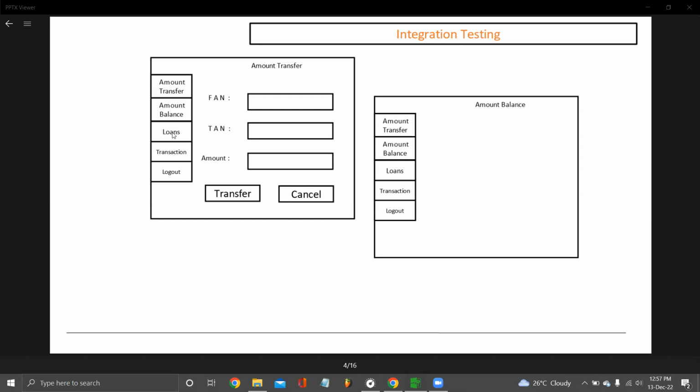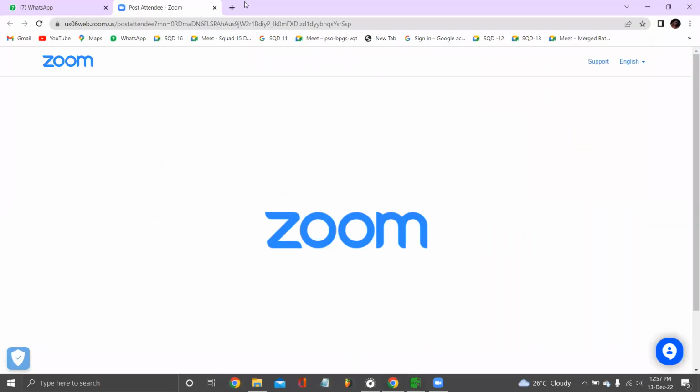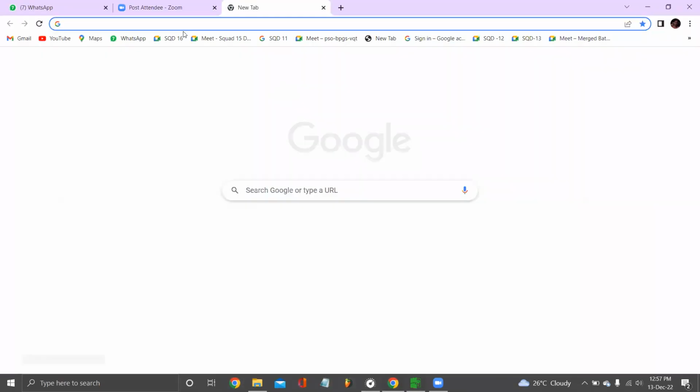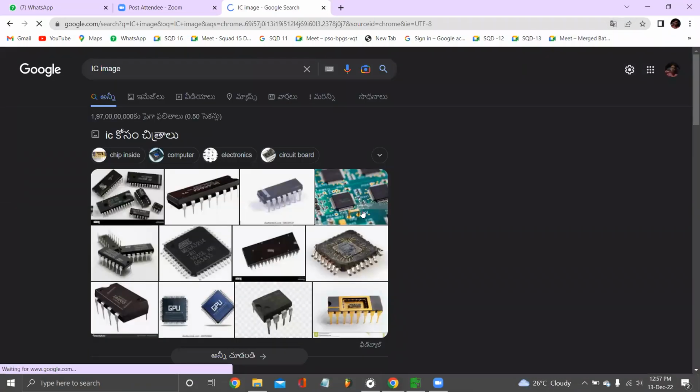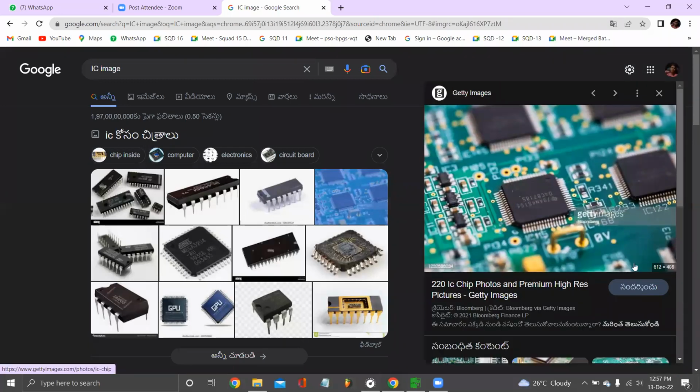Have you ever heard about ICs? That green chip you might have seen in your electronic devices. What is an IC, guys? Integrated circuit. Have you ever seen that green chip? Let me show you. It is something like this. Have you ever seen this in your mobile phones? You might have seen. So the basic idea is that